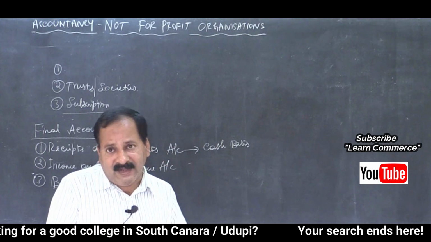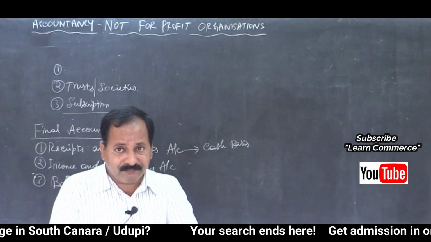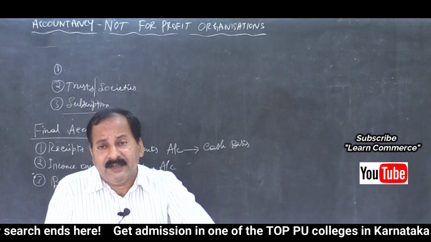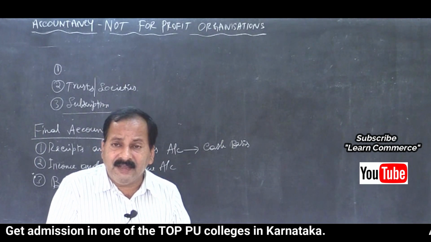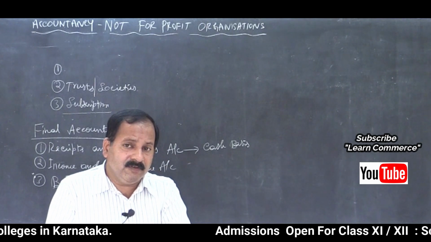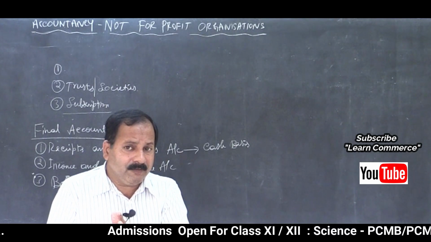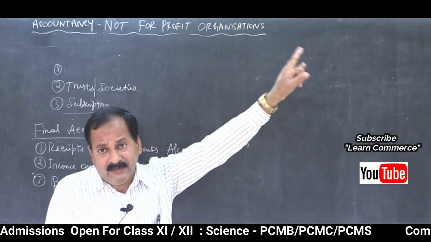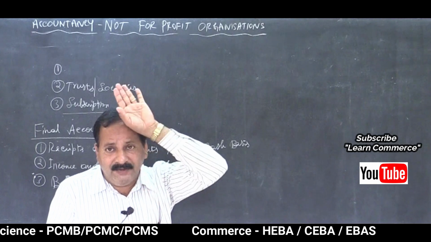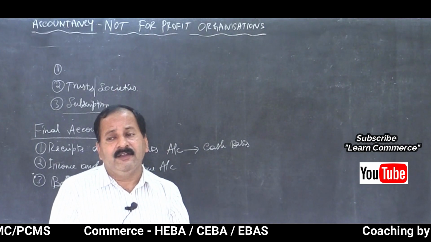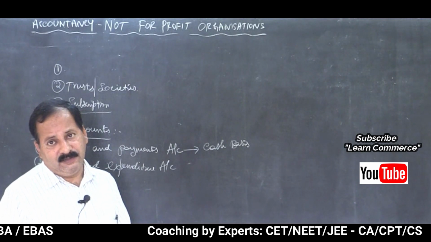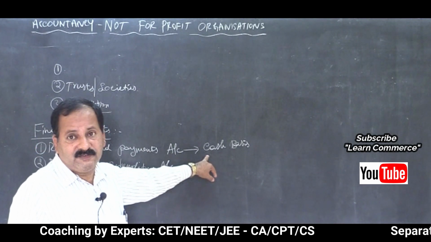Any amount received, we will enter. Any amount paid, we will enter. Maybe last year's pending salary has been paid during the current year, but we will make an entry in the receipts and payments account. We are not keeping it outside. We are not neglecting it by saying that it belongs to last year, so I will not enter. No, it is not like that. We have to enter all the amounts paid during the current year, whether it belongs to the current year, next year or previous year. Clear? That is called cash basis.